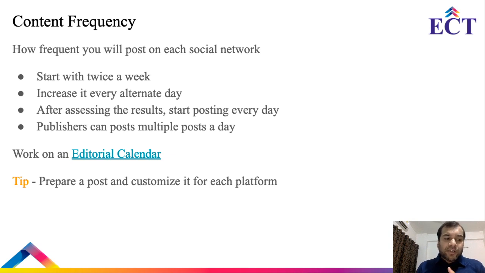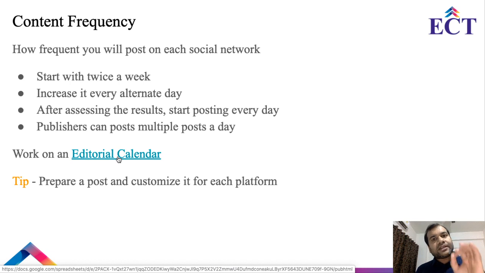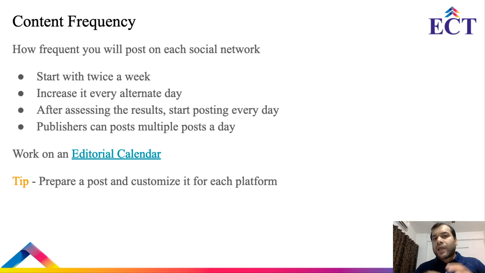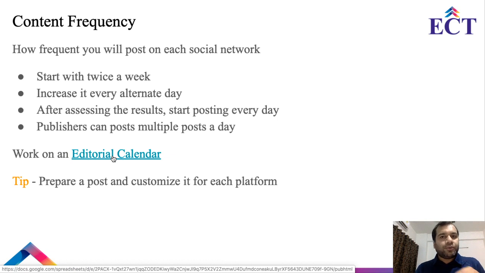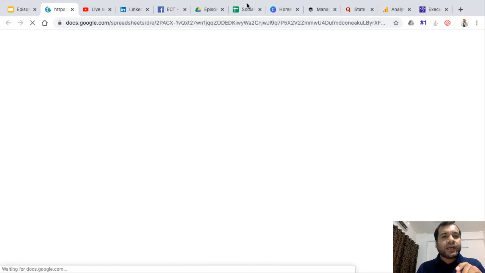Devmitra is asking, what is the meaning of editorial calendar? So yes, I will just show you. An editorial calendar is the exact time and date when you are going to post content on your social media. When you are doing Facebook marketing, for example, you do not go and post on your will, whenever you have time. It does not happen that way. You have to plan in advance. In a month's time, you have to plan when exactly you will post and what content you will post. Look at one example of an editorial calendar.